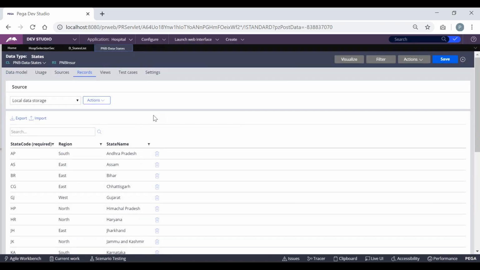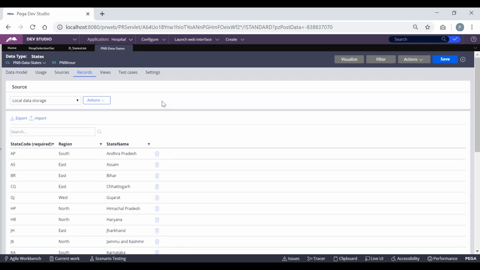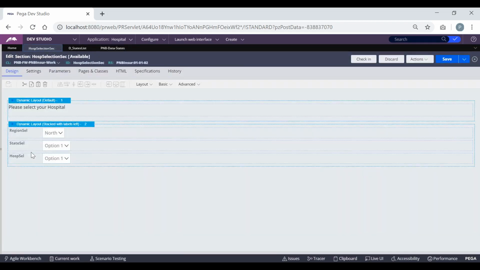So before designing that, we have just identified the scope and given the column names like this. We have given the column name like region also. Why? Because whatever region the first drop down is selecting, that value has to be populated. If I select south here, only these values should be populated. What are the regions with south? Only those values to be shown. So that is our approach. So if I select Andhra Pradesh as a state name, I should be displaying the hospitals related to that Andhra Pradesh only. So here we have to provide another link between this second drop down and third drop down. So this is what we'll be seeing now.